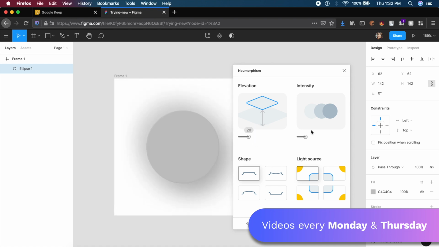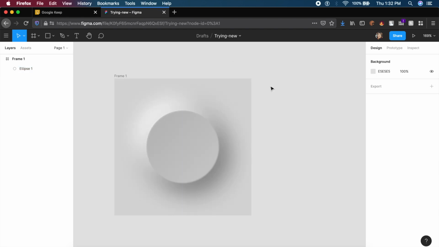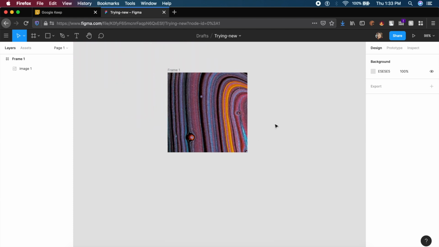I can change the intensity or decrease the intensity of the shadow or neumorphism. It also allows me to choose the light source. In case the light is coming from the top left, it will change the shadow as well as the shape here. It also allows me to choose whether I want the shape pushed in like a depth filter here. I have a neumorphic element here. Of course, I can change the color and basically fine tune it to make it better, but it has already fixed everything for us. Now, the next plugin is super useful in case you want to compress anything inside Figma.